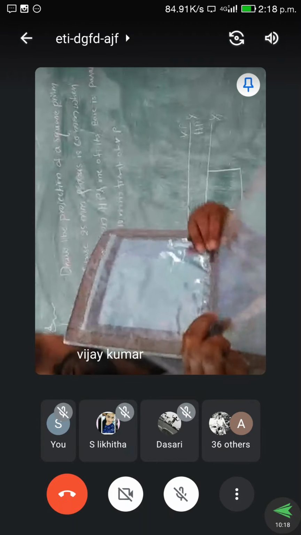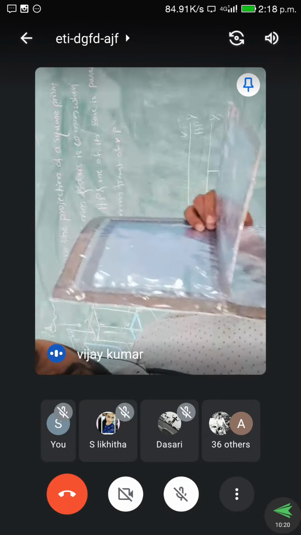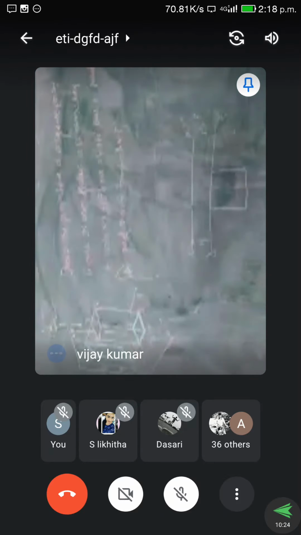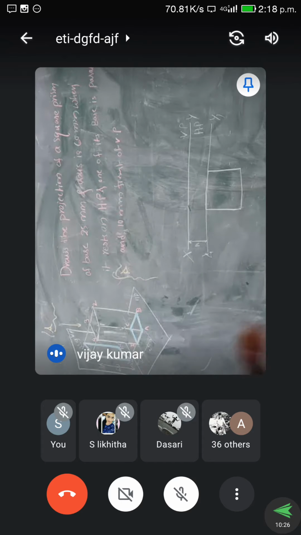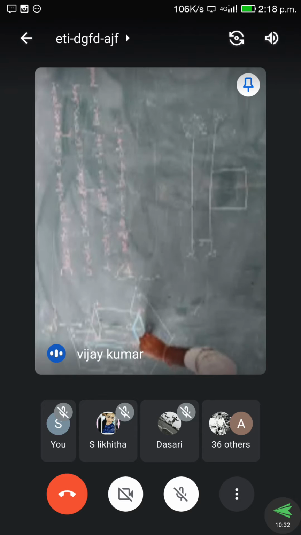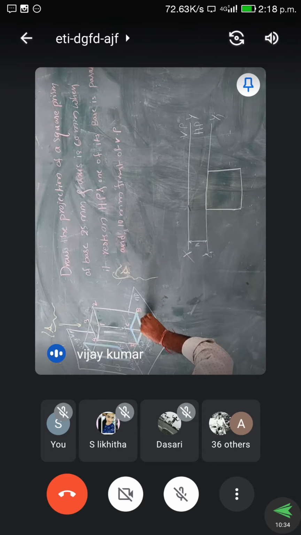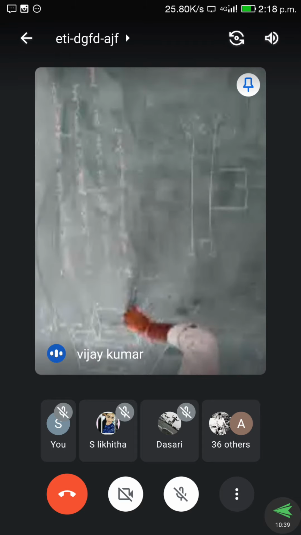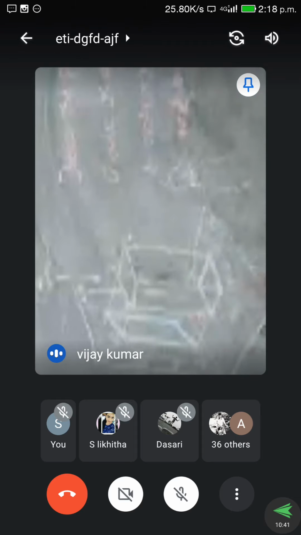So 10 mm. So what is happening? The topmost points both appear at these points only. Here at a single point, the numberings will appear in the same direction: 4 comma D, and this is 1 comma A, and this is B, and this is C comma 3.